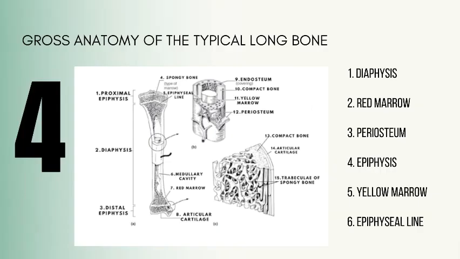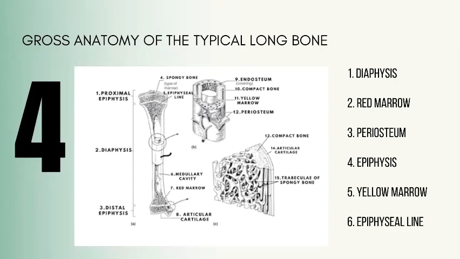The next one, number 4, we have here the gross anatomy of the typical long bone. I'm going to identify the structures marked by leader lines and brackets in the diagram. Number 1 is the proximal epiphysis, 2. Diaphysis, 3. Distal epiphysis, 4. Spongy bone, 5. Epiphyseal line,